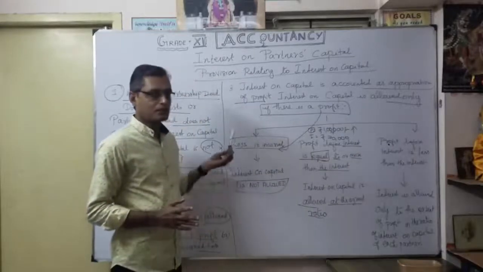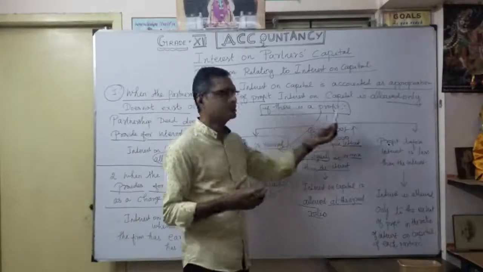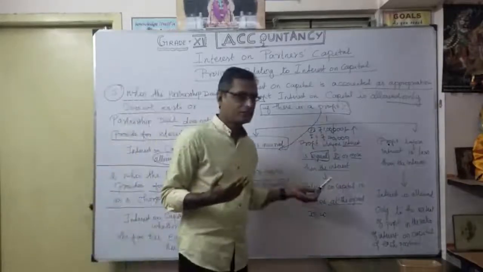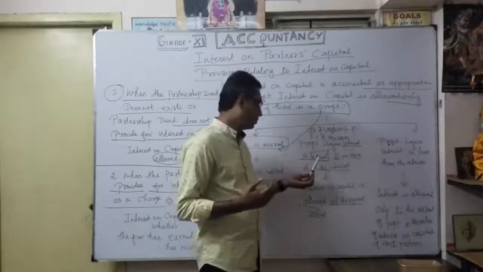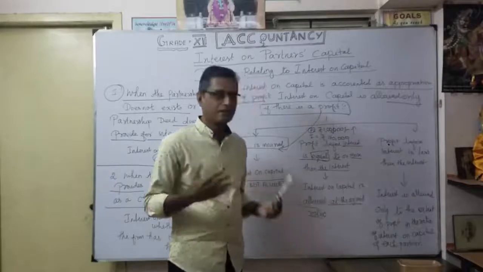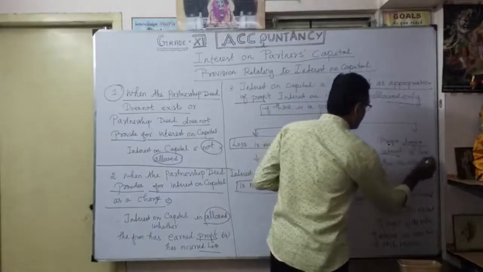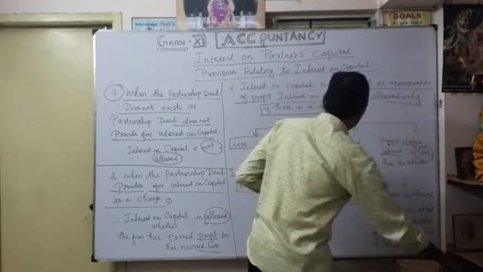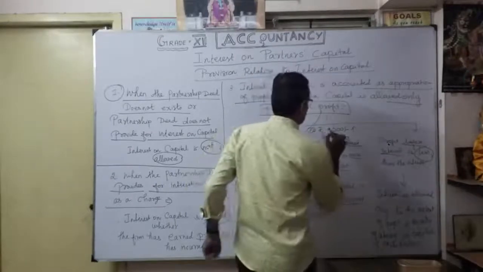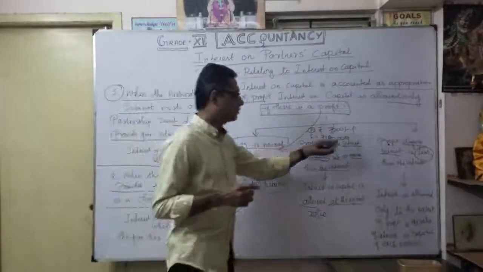First situation: if it is a loss, no question of interest on capital being allowed. Simple, because we are going to charge only if there is a profit. Otherwise, not allowed. Second situation: profit before interest is more than or equal to the interest. So yes, interest on capital is allowed at the agreed ratio. Third one, very interesting: the profit before interest is less. For example, I make it reverse. Our profit is 70,000, but you are supposed to make interest 1 lakh. Same example, reverse.